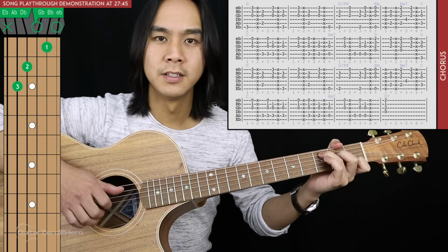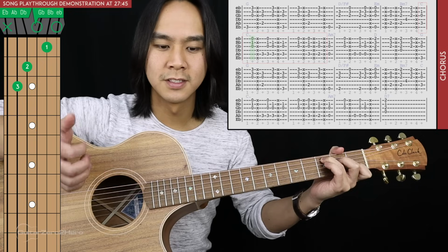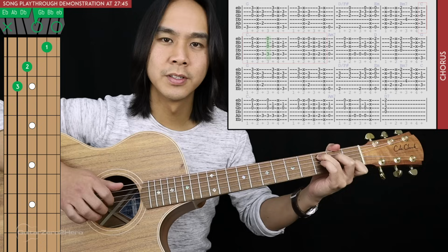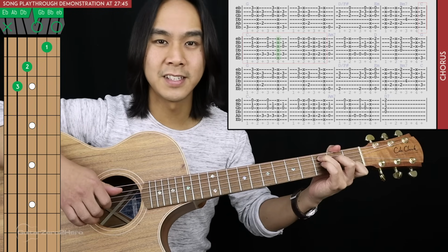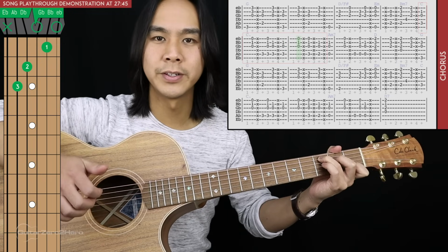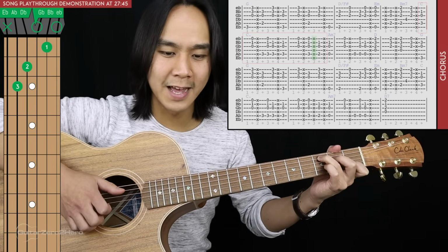Then we go to a C. C for a semi pinch, and then we hit top 3 strings, slap on the 2, hit the C bass note by itself, full pinch, semi pinch, slap on the 4, and then stay on the C for another semi pinch, and then top 3 strings, slap on the 2, and then full pinch, slap,